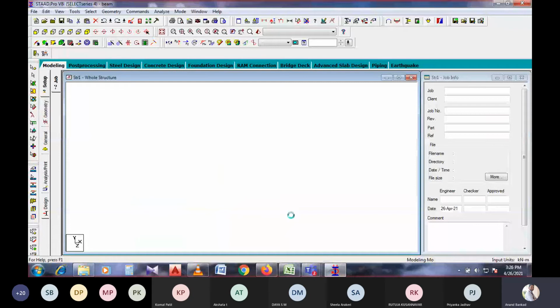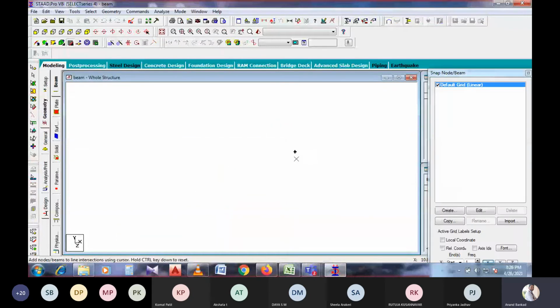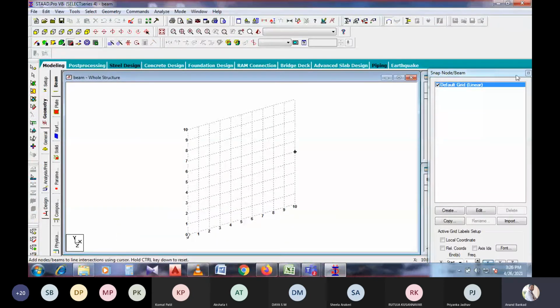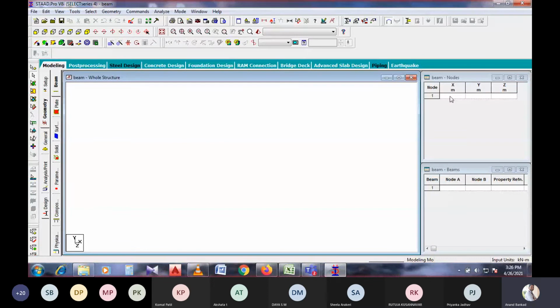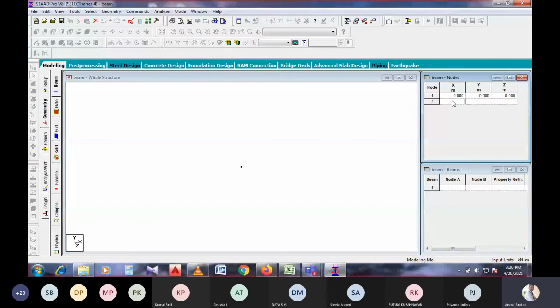Once you finish it, the window will open in this manner. Just close this, and we will have X, Y, Z directions. X will have a 0 point node, and the next node will be at 3 meter. Again, I will consider another 3 meter. That is another 3 meter, which means we need to add 6 meter, because from 0 it is 3 and from 0 it is 6.